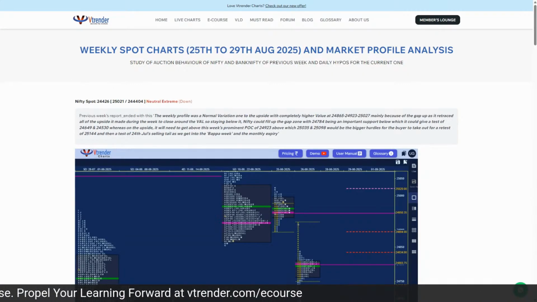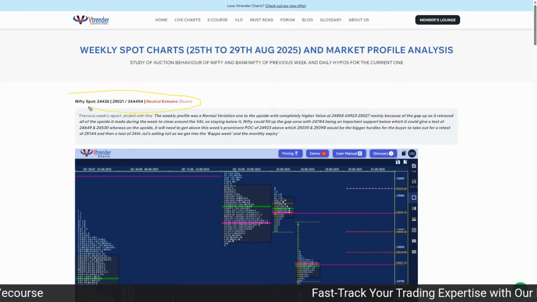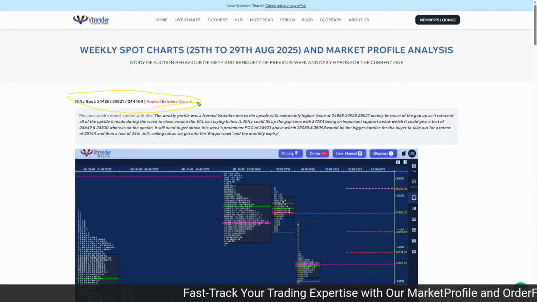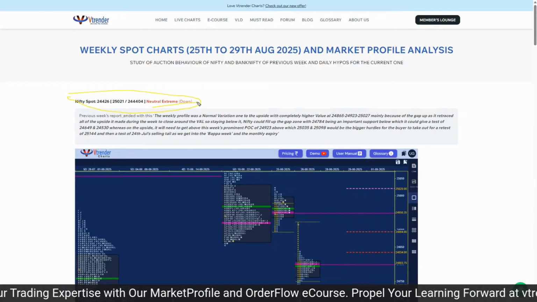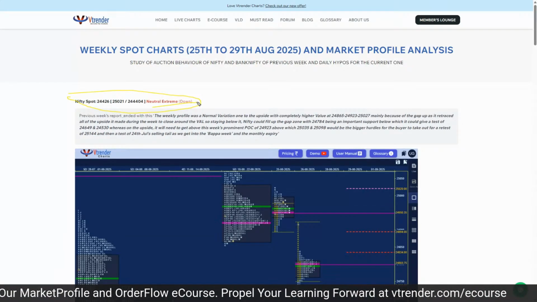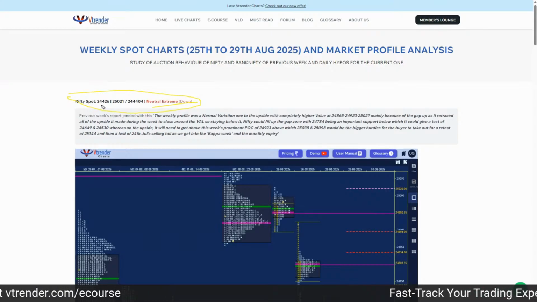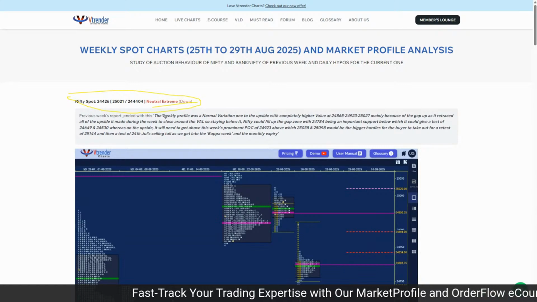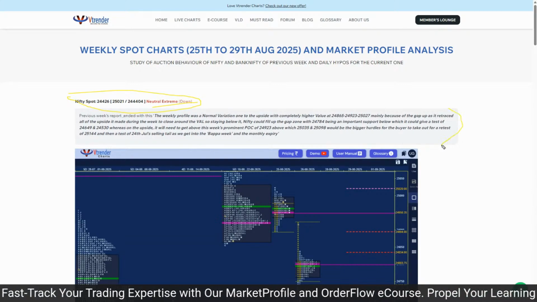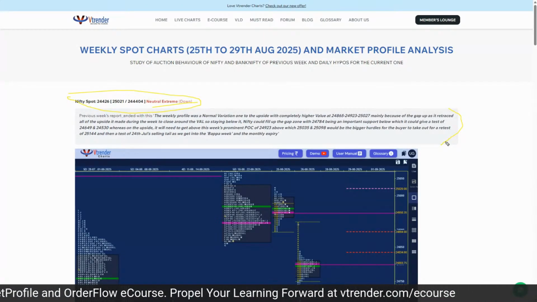So what we have done in the Nifty spot weekly time frame is again a neutral extreme to the downside. In fact, Nifty had that rare occurrence where the last day, the last week, and the last month all three had closed as neutral extreme to the downside. The monthly profile of August was a neutral extreme profile to the downside. The weekly profile of last week was a neutral extreme to the downside, and Friday close again was a neutral extreme to the downside. So it is just telling us that the buyers have failed on all time frames, and the sellers have taken advantage and driven the auction in their favor.